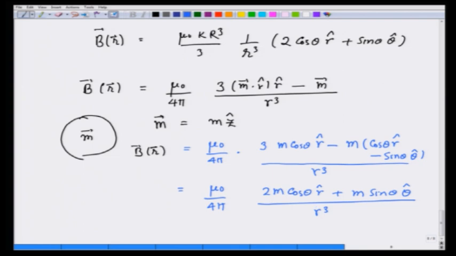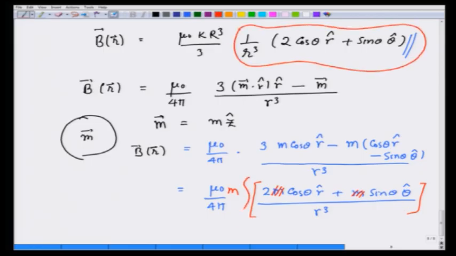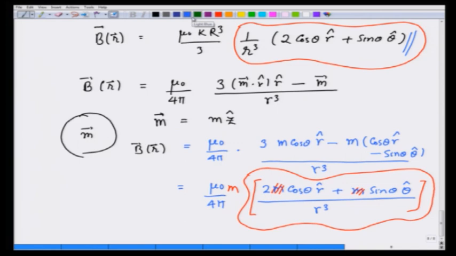You see, this has the same dependence on cosine theta and sin theta as the answer here. Let us compare terms. Let me take this m out and write it here, so that this factor enclosed in red is the same in both. So, what I am left with is, I will write it on the left hand side, mu naught m over 4 pi is equal to mu naught K R cubed over 3,